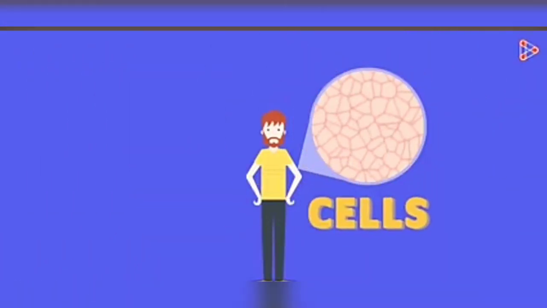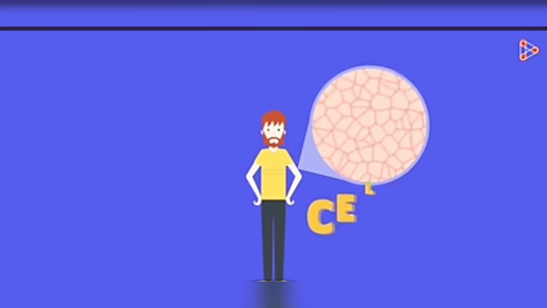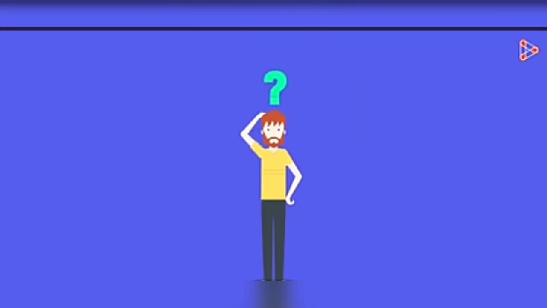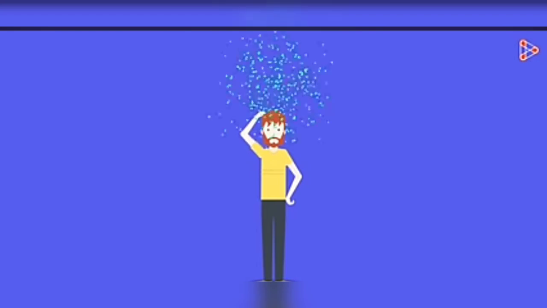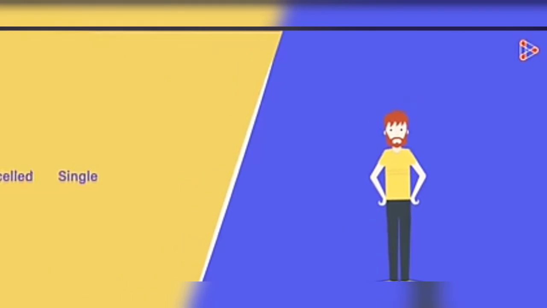And now, what are these basic units? These are the cells. Basic units are the cells. So our body, though it seems to be a single body, is made up of millions and trillions of cells. Now the question arises, do you know how many cells a body is made up of? Do you know the answer?